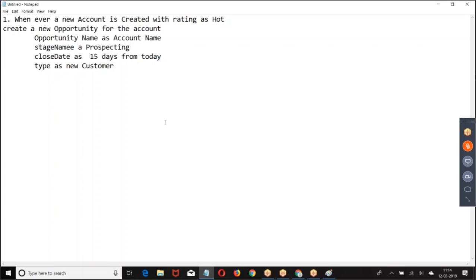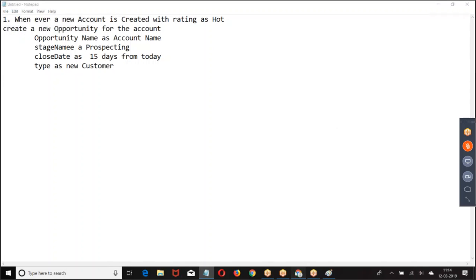So the question here is, if you want to create an opportunity for an account, unless the account is created, can I create an opportunity? Opportunity I want to create as a child. If you want to create a child, first the parent should be created. Without creating the parent, I cannot create a child. So after the parent record is inserted successfully, then I will go for creating the child record. I hope you are good.